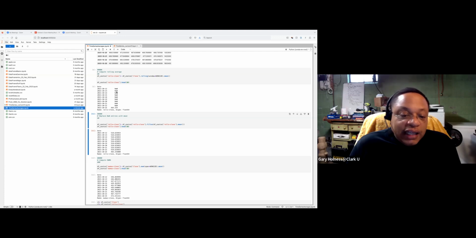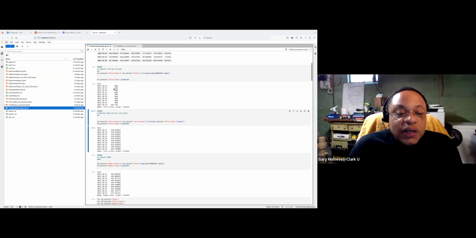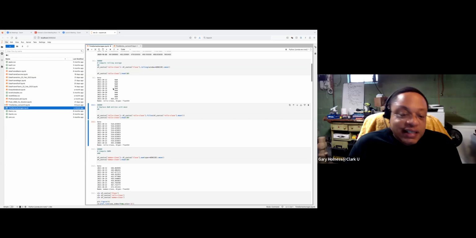And the reason for that, as we discussed on Monday, is that there aren't enough measurements to compute an average over 10 measurements. So it inserts not a number because it doesn't have enough. And that's just one of the pathologies of the rolling window average. So when you transform your data through smoothing with rolling window average, you have to decide what you want to do with these first K-1 measurements that are going to be not a number.